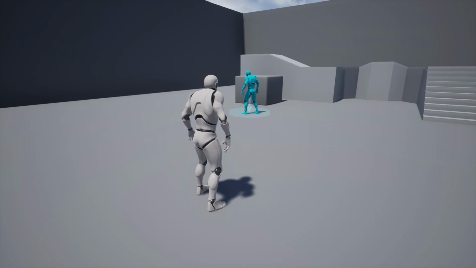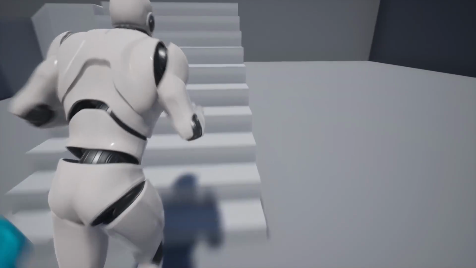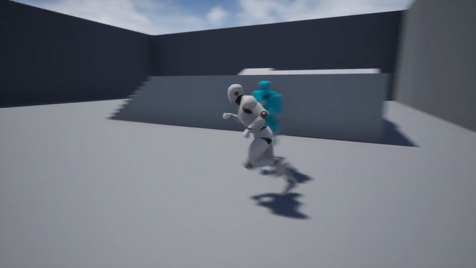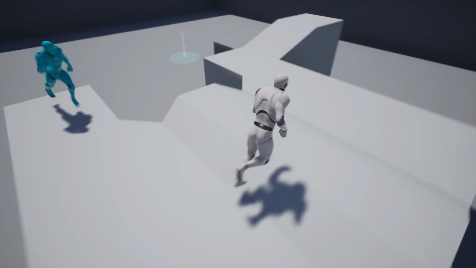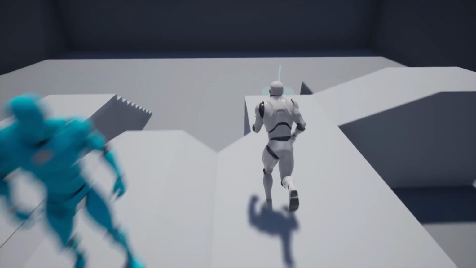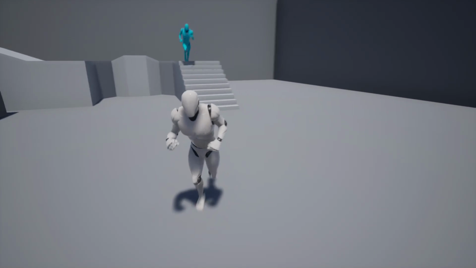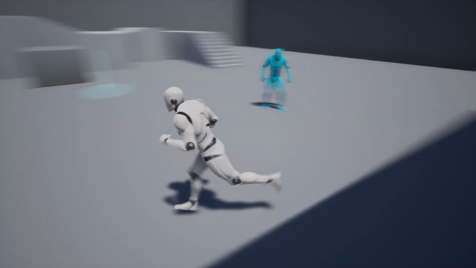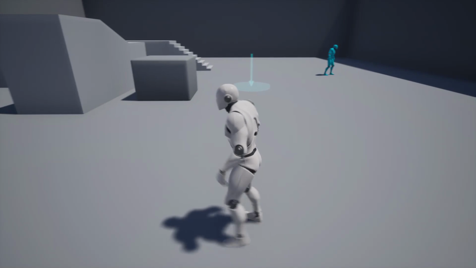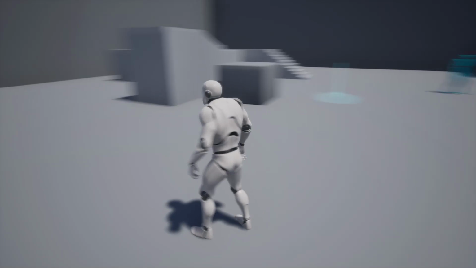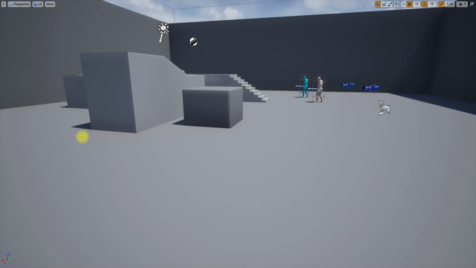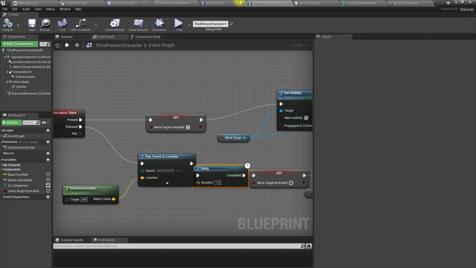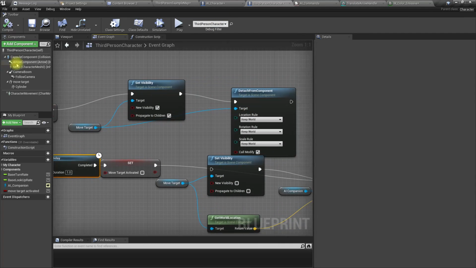AI is going, and if I call follow me, AI will keep following me. And if I call wait, he will wait. If I again call, yeah, I think now if I do another command, I should hide that move target. So maybe